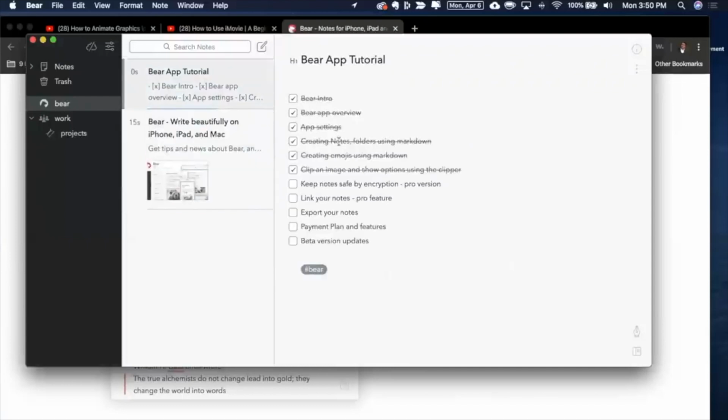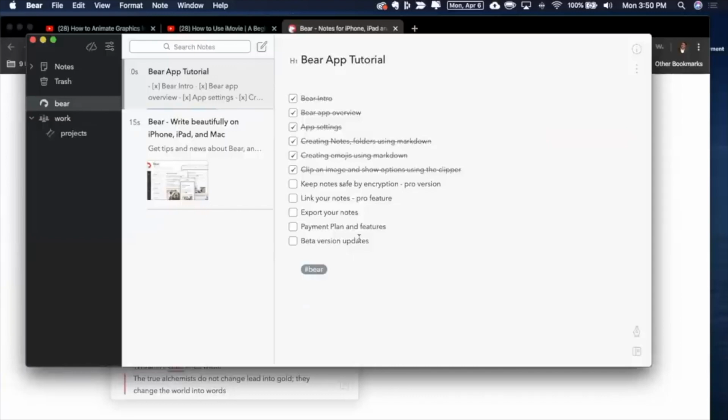Now, if you see, every time I check in, this entire checked options get folded up. If you go to settings, you can undo that so that you can see what all items you have completed. Now, there are 2 things which are great features to have. One is the encryption of the notes. Let's say you have any tax information you are storing out here, some documents, some PDF files. You can store all that within Bear app, but you want to make it password protected and encrypt that data. You can do that.